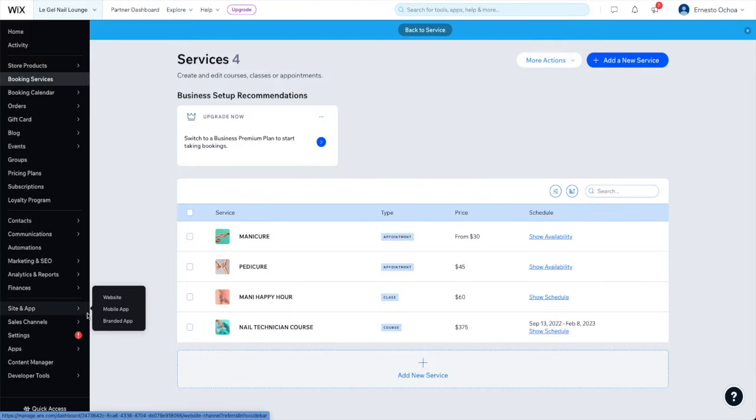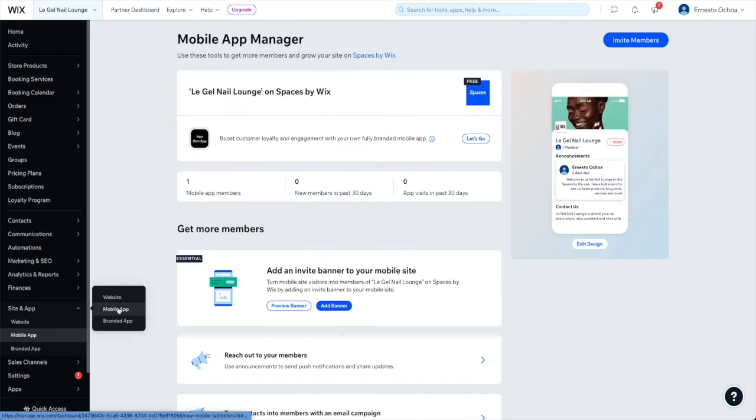This is really helpful for staying connected with your regulars and creating a sort of home base for anything they might need from you. You can customize exactly what clients will see in their Spaces app from your Owner's app or back in your dashboard by going right here, and following the prompts to get set up. If you want to learn a bit more about how all of your apps work together, I added a link in the resources tab below that can help you get started.